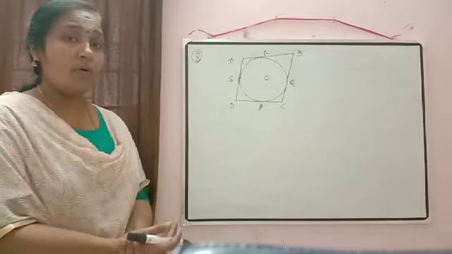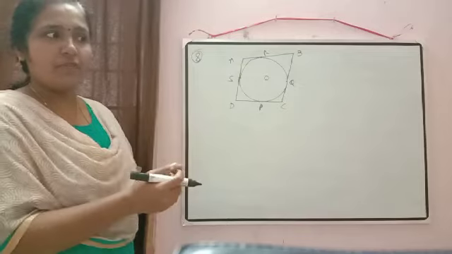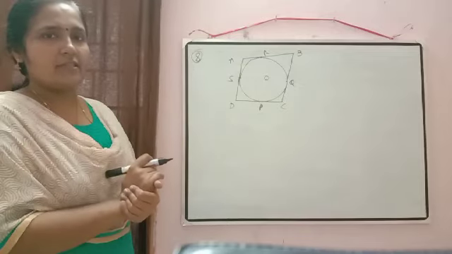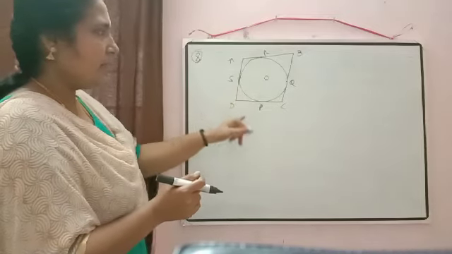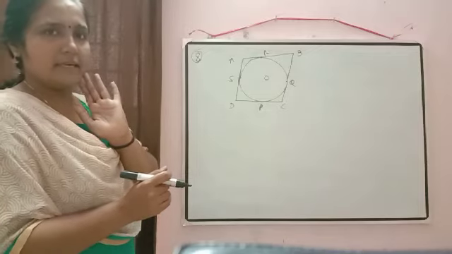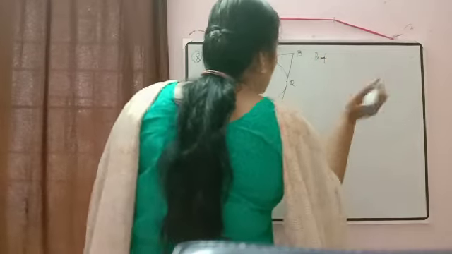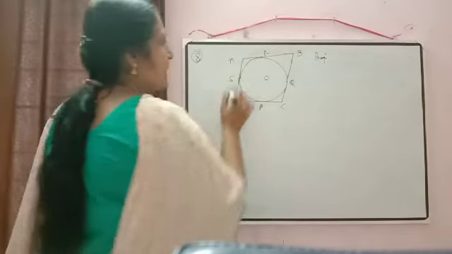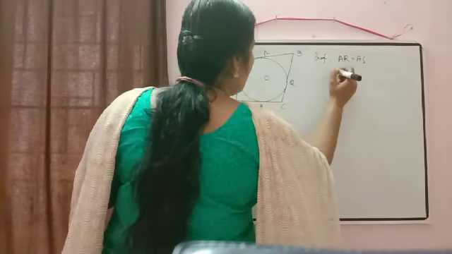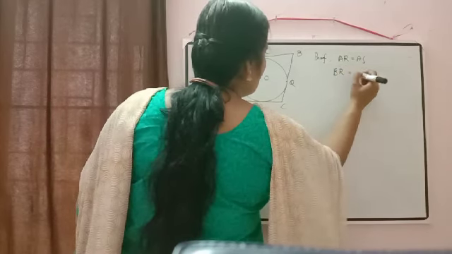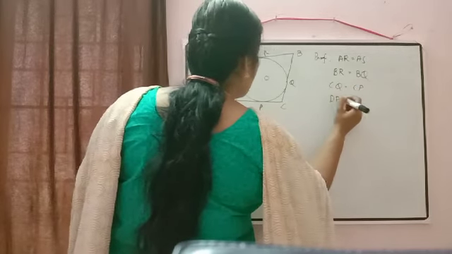At present, what we know? We know that opposite sides are equal. But we have to prove now adjacent sides are also equal. So we will take the pair of the opposite sides which we have. That is AB and CD and AD and BC. So we'll check the proof there. So first, before doing that, again using the property length of the tangents, what are the things will come? AR is equal to AS. Then BR is equal to BQ. CQ is equal to CP. And DP is equal to DS.